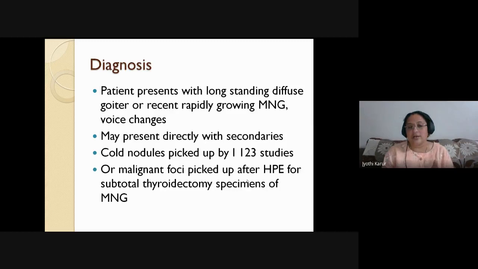That histopathological specimen might show follicular carcinoma. Or if you are well blessed, you can subject that for frozen section. Within 1 or 2 hours, you get the report and do completion thyroidectomy if they give report as malignancy. If they give adenoma, then you can close the incision. If it comes as malignant focus, then definitely do completion thyroidectomy on table. So with the frozen section, you can do the completion thyroidectomy.